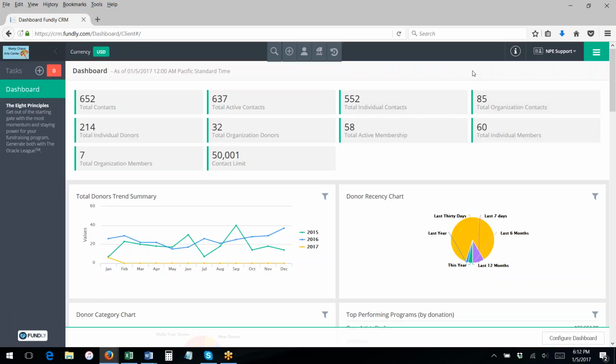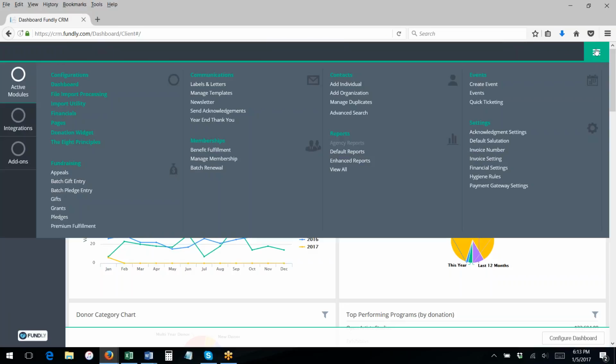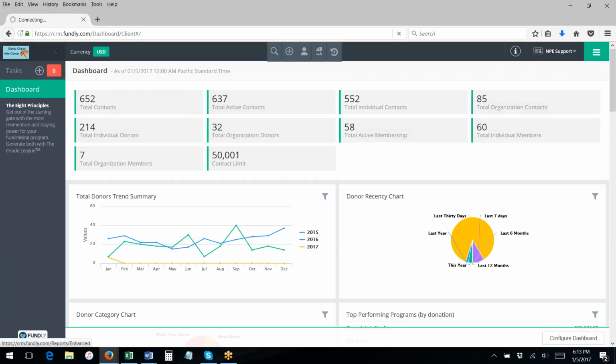None of these options are available in a basic report. You would need a standard report for those. The good news is if you have a basic report that has all of the tables on it and the categories and the filters and sorts, but you want any of this advanced functionality, you can convert your basic report to a standard report. From the main menu, we're going to go to our enhanced reports,